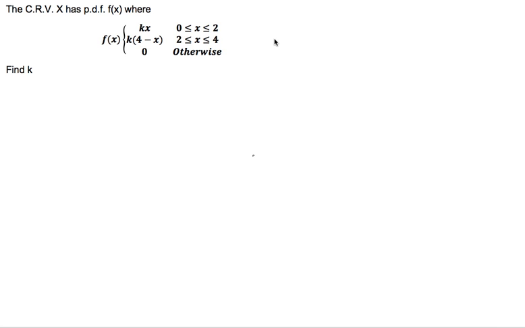Continuous random variable x has a probability density function f of x, where f of x is defined as kx for x between 0 and 2, and k times 4 minus x for x between 2 and 4. In order to find that constant k, we are going to use the idea of total probability. So that means we're going to use the fact that if we integrate over these two